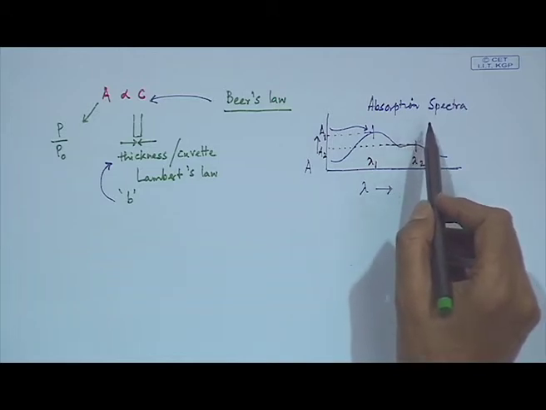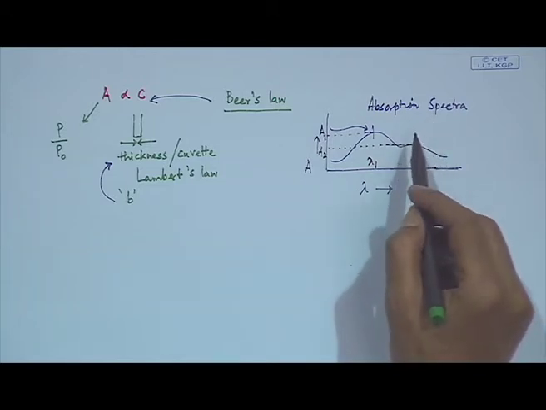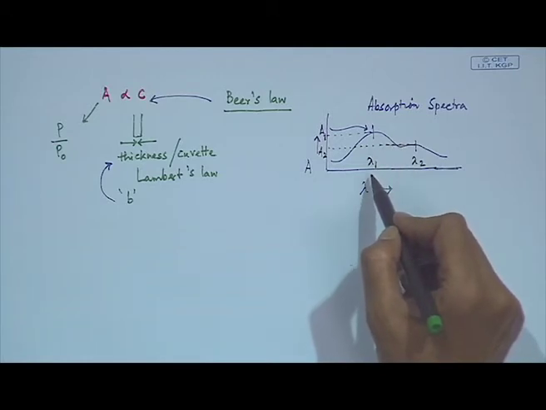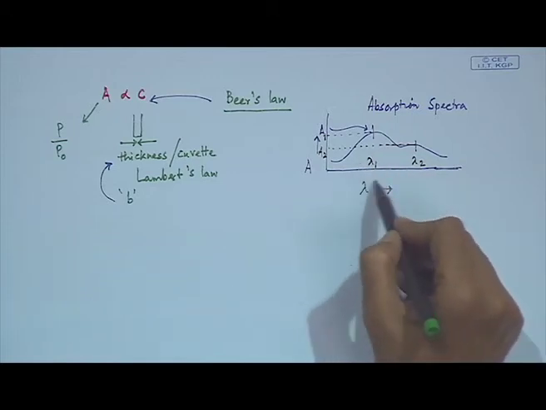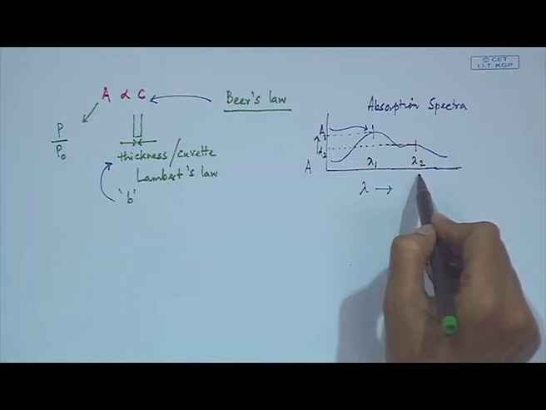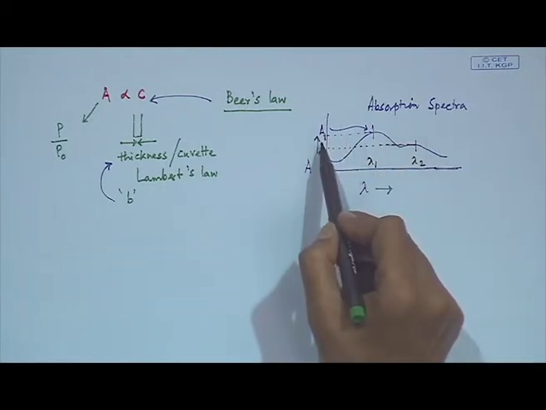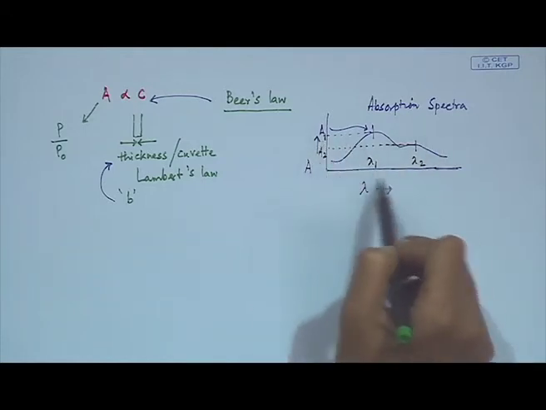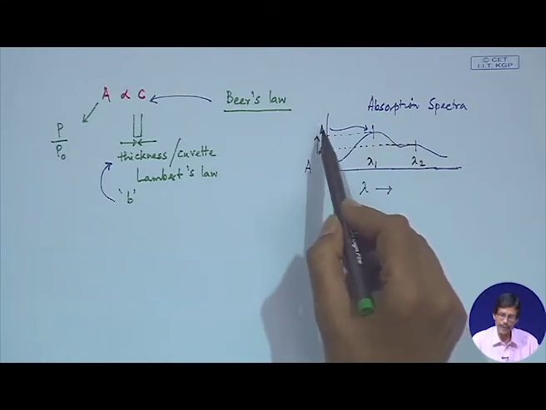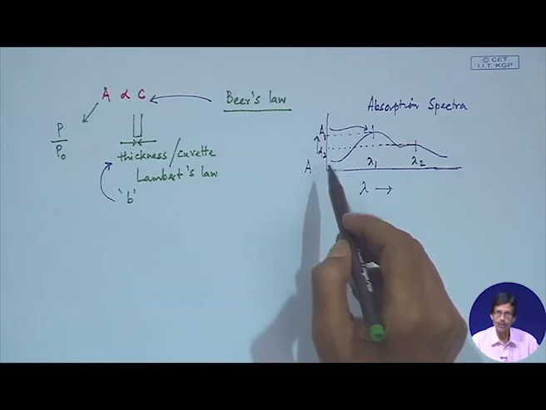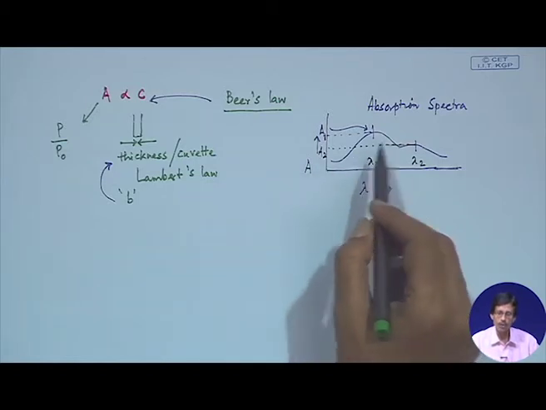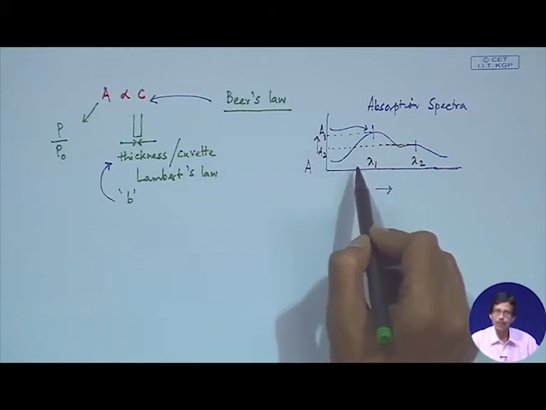When writing, for the characteristic absorption spectra of a particular compound, we have to report the corresponding maximum absorption at a particular wavelength. If there is more than one, we report the absorption at lambda 1 and lambda 2 and their corresponding absorbance values. These are all very characteristic, though sometimes the A values are not that important, because they can vary from solution to solution. But if we fix the corresponding